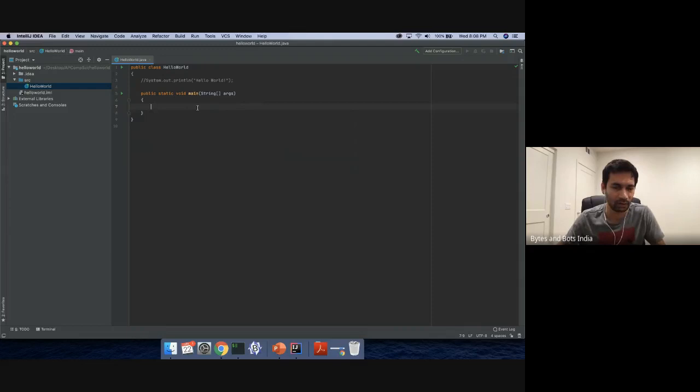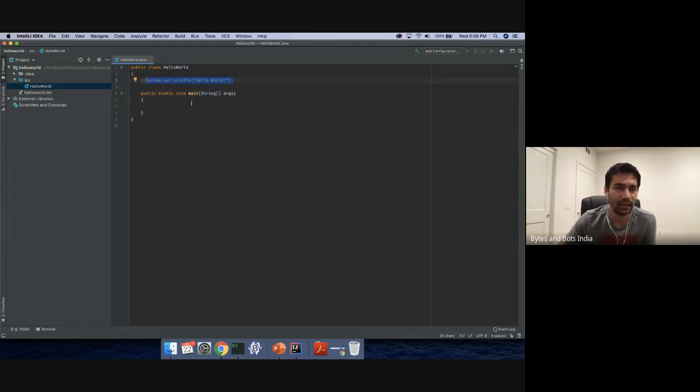So what we're saying is for our program, this is the main method that we want the Java program to start running from, and this method returns nothing, so it's void, and it's static, so we don't need to create an object for the class to use it. We'll get into more details of it. Public means anyone can call this method, and static means you don't need to create an object of it, so you can call the method without creating an object.